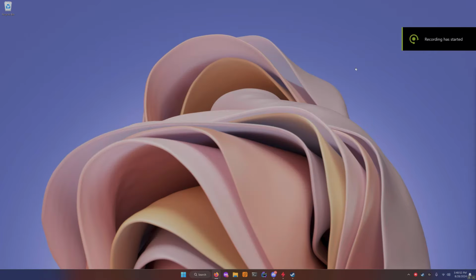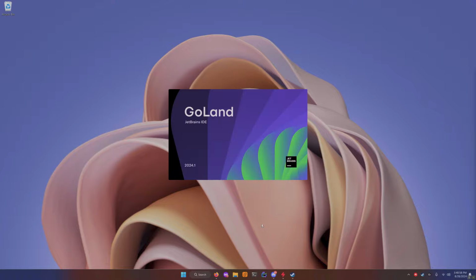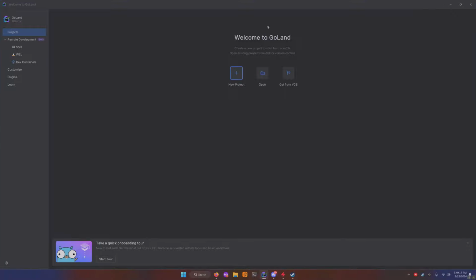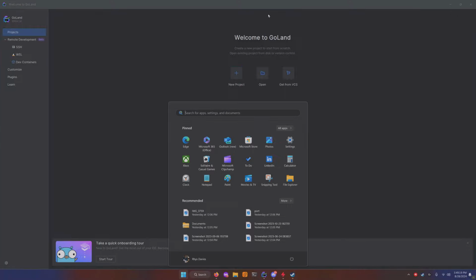Cool. So that gets closed. And so what we're going to do is go from a completely blank slate and set up a project and do some code. And I think the first thing that we're going to do, okay, so the